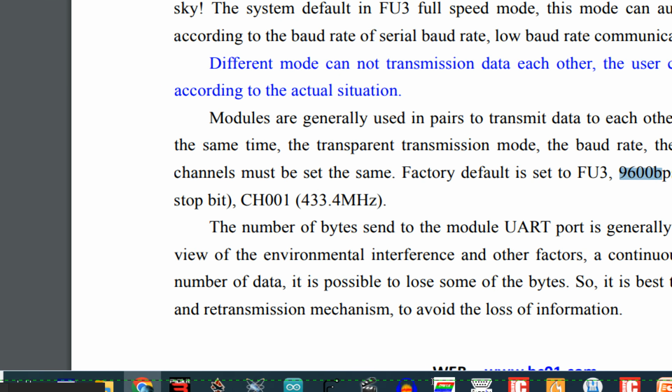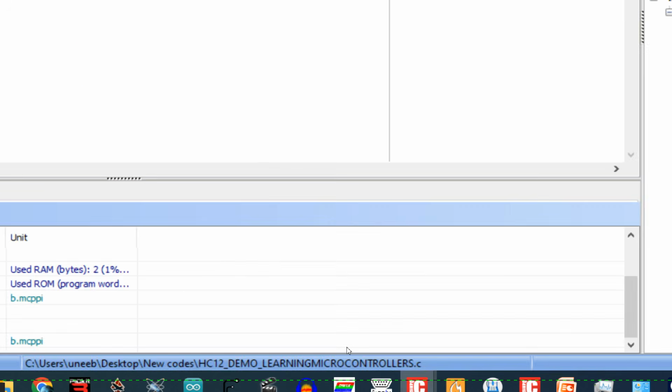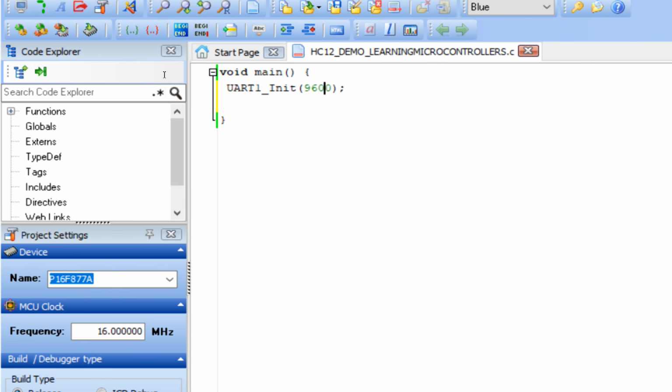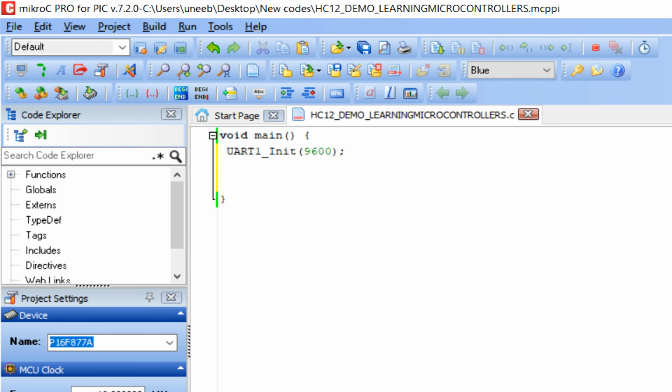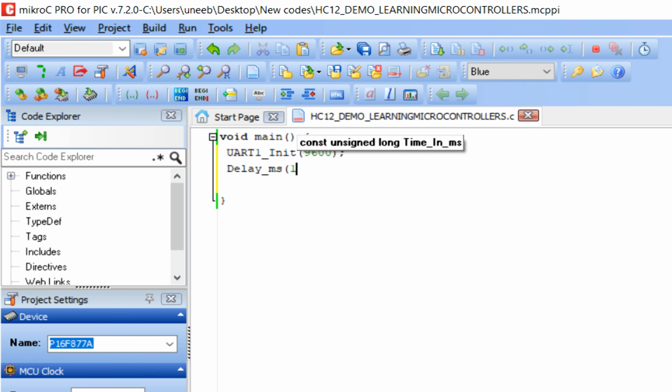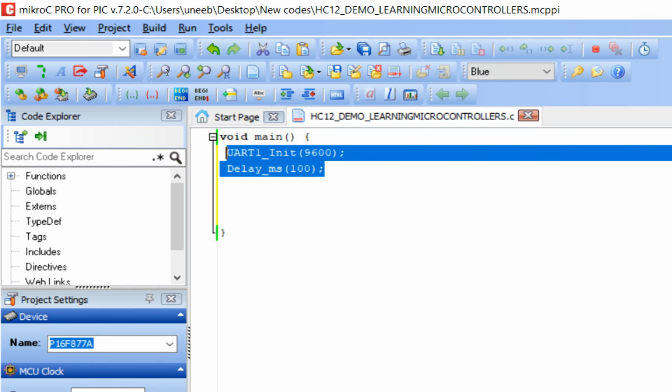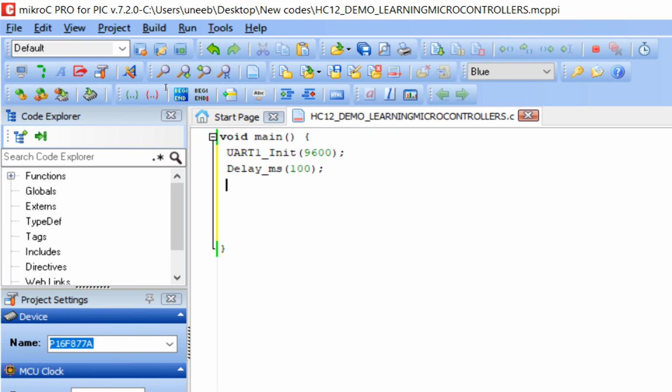So let's get to our microC. Since our baud rate is factory default, so it's 9600, give some initialization delay. 100 will do fine. Now guys, the next thing is we are having UART. This is for the master board. This code is for the master board. We will write another code that will be for the slave mode. So for the master board,